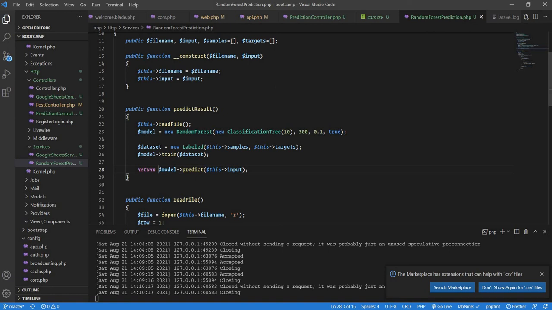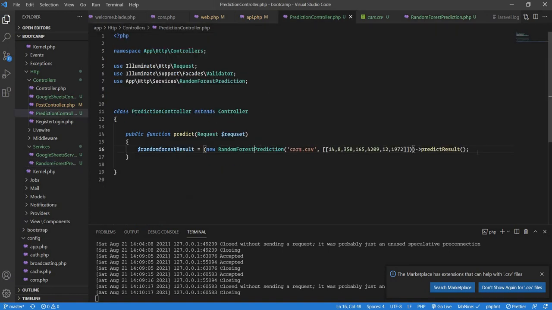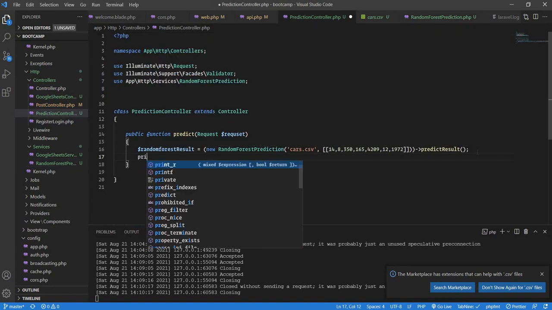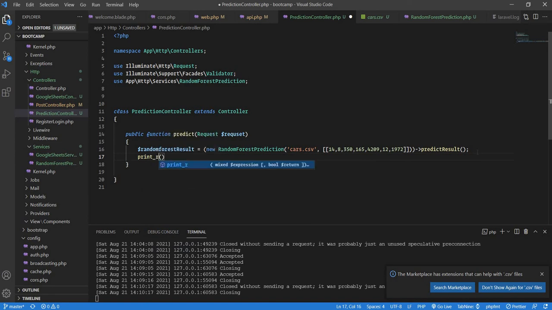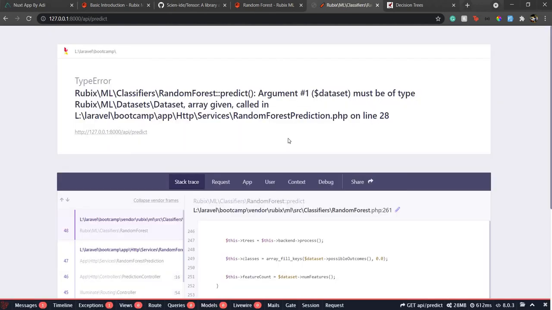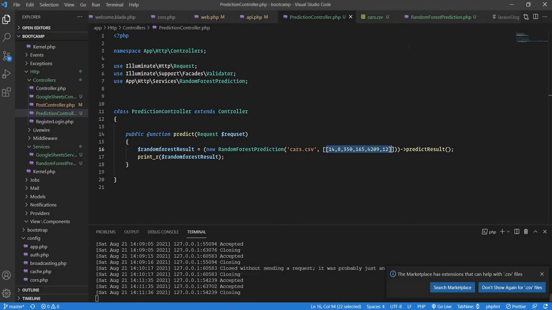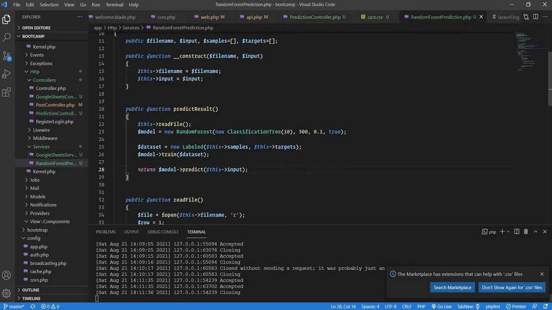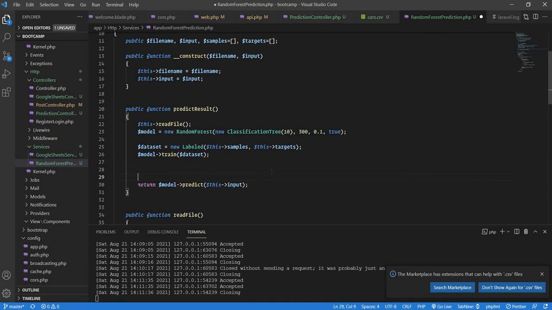Okay, so now if I go back to my prediction controller, I just need to print r, and let's do random forest result, and let's see what we are getting for this. So here we don't need year, so we just need to year and for this we should get US. So let's see if we are getting US. Yes, random forest predict must be of type array. Okay, so something has went wrong over here, so let's go back again over here,